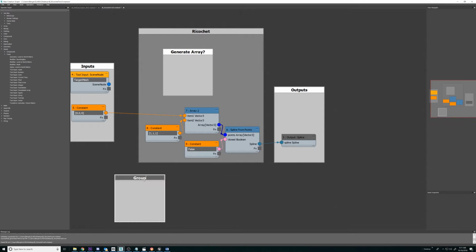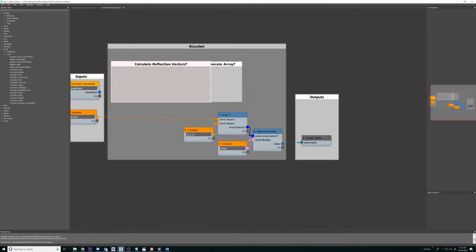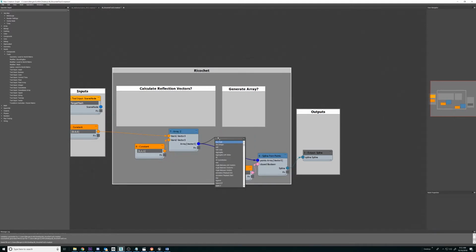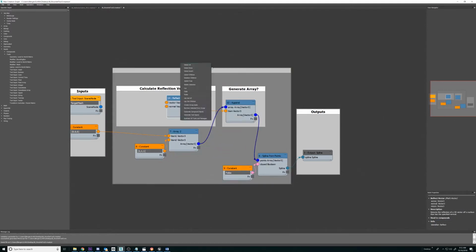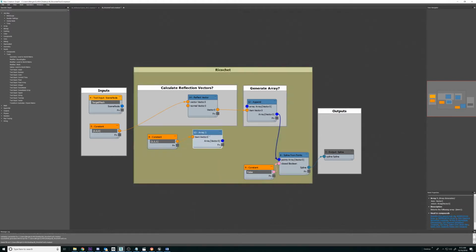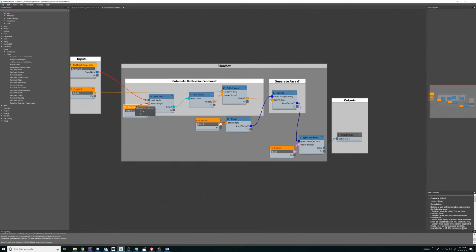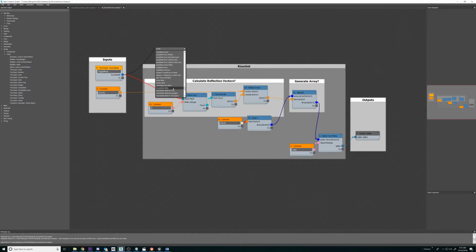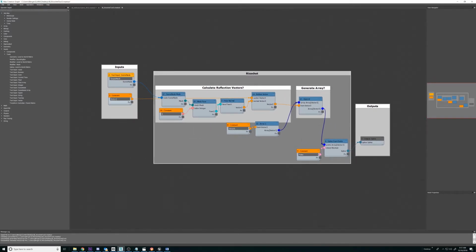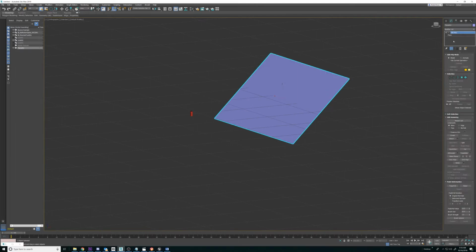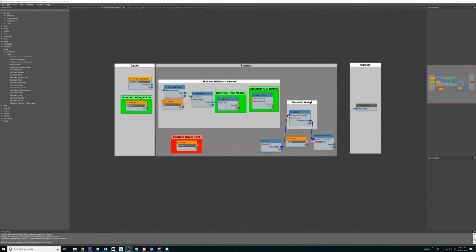You might not know how to procedurally generate an array, or how to calculate multiple reflection vectors, or any number of challenges that deal with abstract data. Just realize that you don't have to solve these problems all at once. Instead of generating a procedural array, make one manually. Instead of calculating a series of reflection vectors, try calculating a single one. By solving these simpler problems, you'll build yourself a framework that allows you to tackle the abstract and unknown piece by piece.